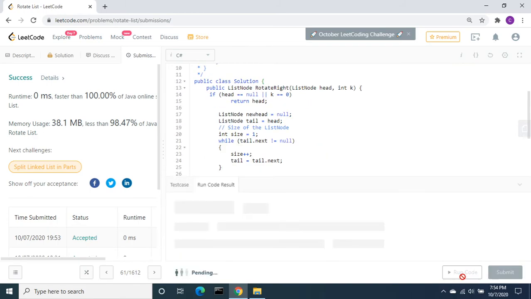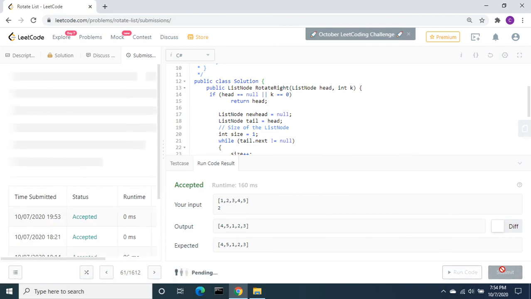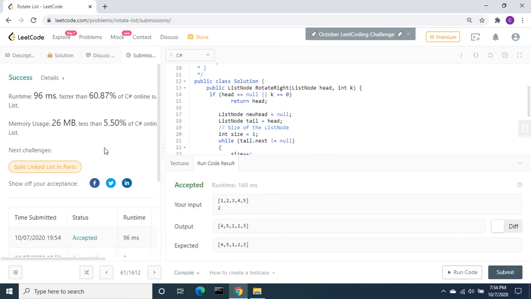Let's run the code again. This is also accepted. Let me submit. It is successful. It took 96 milliseconds. It is still faster than 60.87% of C# submissions.